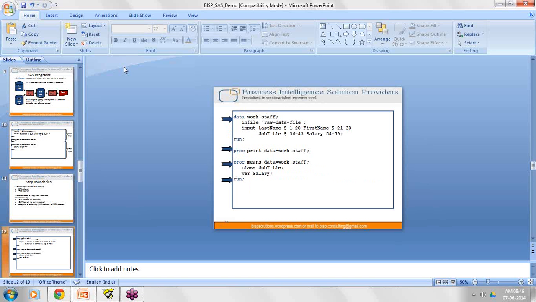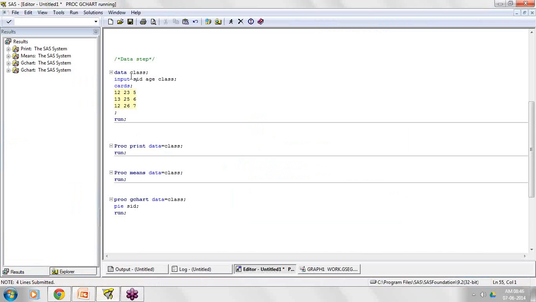Even in a program, whenever we are creating any kind of SAS keywords, like data or input or code statement, whatever it is, it is always visible in blue color. If I make any kind of mistake, it will show in red color.